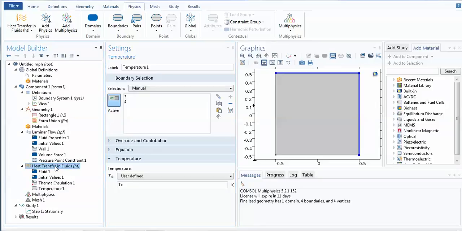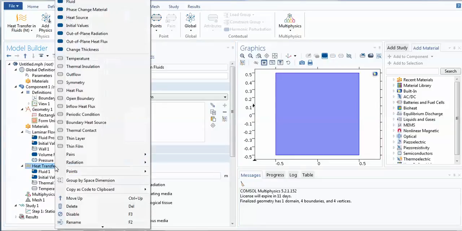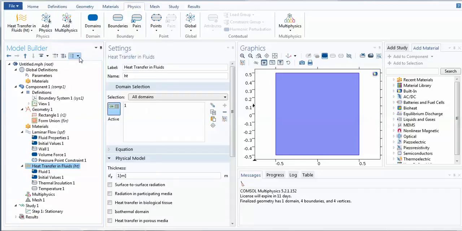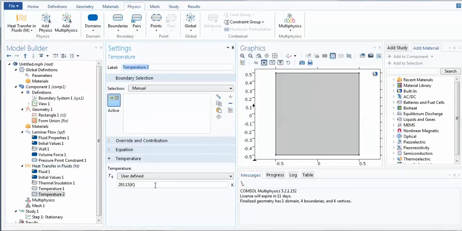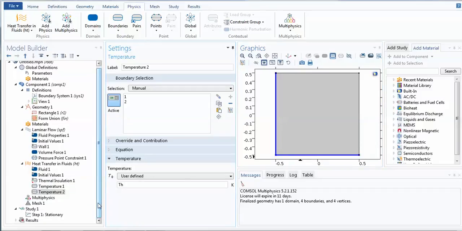Next, you wish to use a hot wall, so you can go for temperature again and use TH. So both are the hot walls. So this is all about declarations and thermal insulation.